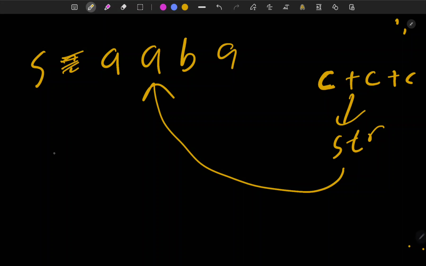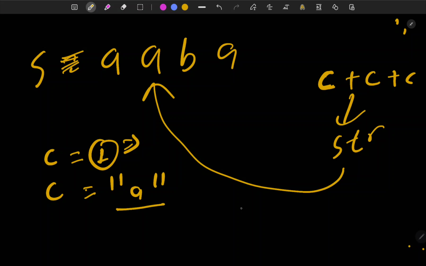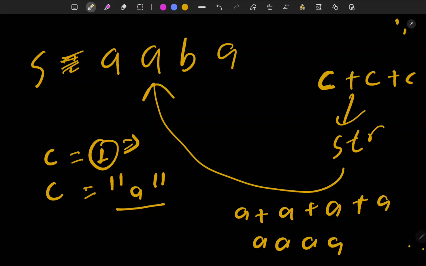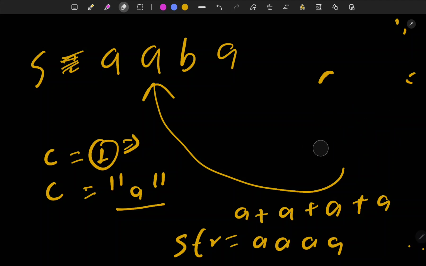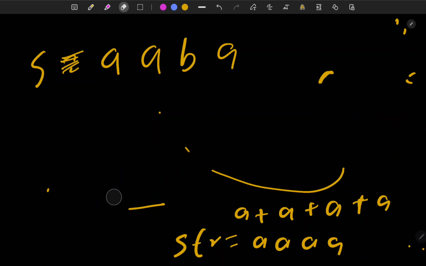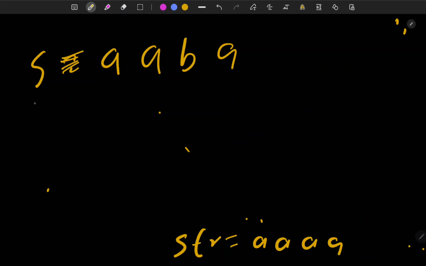So suppose I consider C of length 1, what could be the C? If I take the string A and concatenate this A 4 times, A plus A plus A plus A, what am I getting? This is str basically, and my S was this. So if I write this str here, my S is this, and my str is